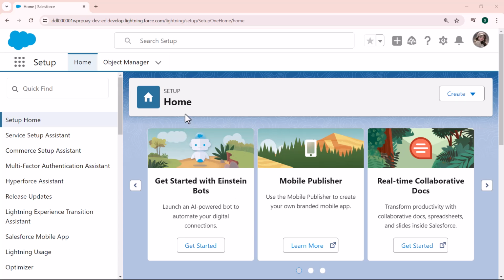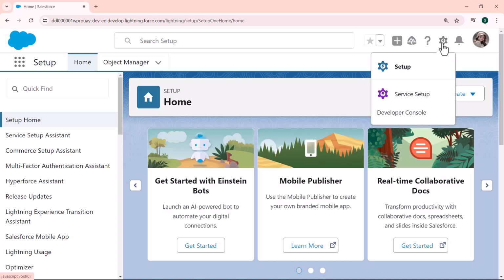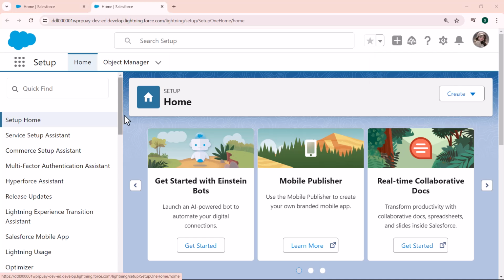If you are on that page, you need to click on the gear icon. This is my gear icon. Click on that and then click on the Setup option. Now it opens up in a new tab and takes you to the Home setup page. And if you are already on that Home setup page, you don't need to follow the gear icon step. Then you directly need to search in the Quick Find box that is located on the left-hand side,